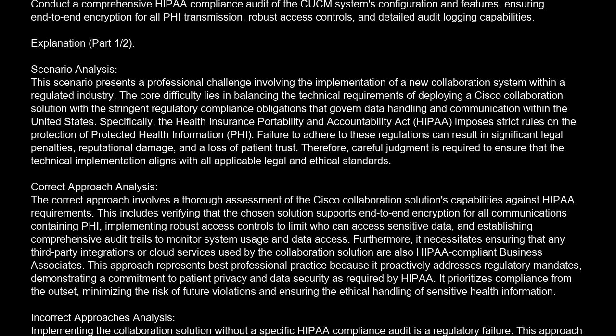Furthermore, it necessitates ensuring that any third-party integrations or cloud services used by the collaboration solution are also HIPAA-compliant business associates. This approach represents best professional practice because it proactively addresses regulatory mandates, demonstrating a commitment to patient privacy and data security as required by HIPAA. It prioritizes compliance from the outset, minimizing the risk of future violations and ensuring the ethical handling of sensitive health